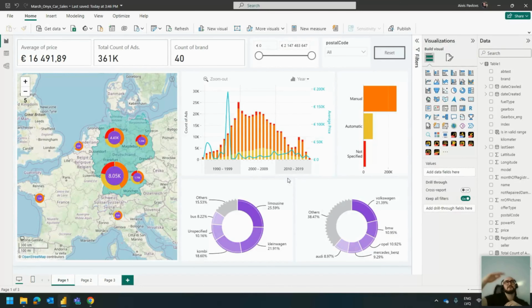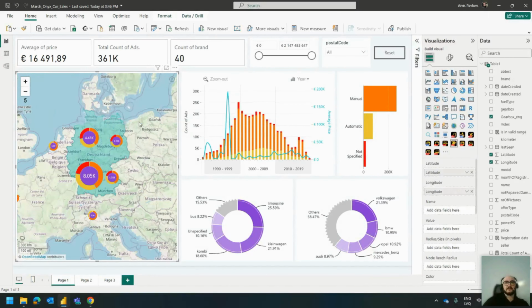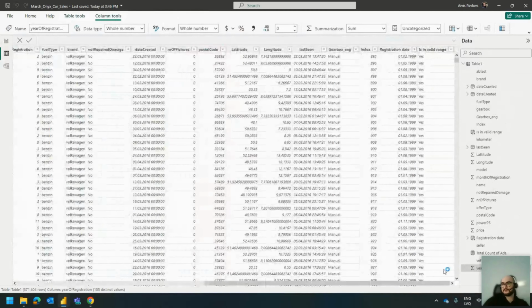How does it individually stack up and how much is it in the total? There are different ways on how you could play around with these. For the map visual, one of the things that I noticed is on the regional data set, the only thing that allows us to go with the geographical information is going to be the latitude and longitude and